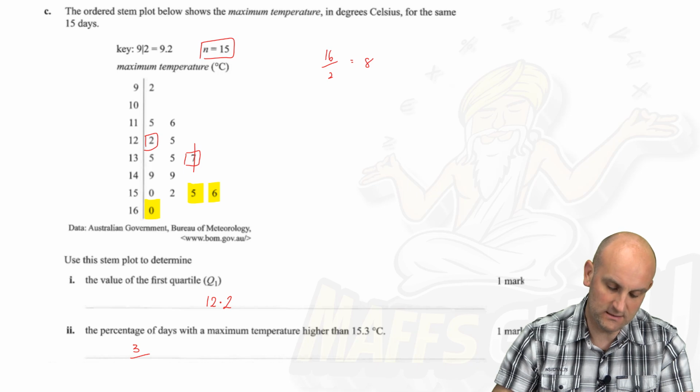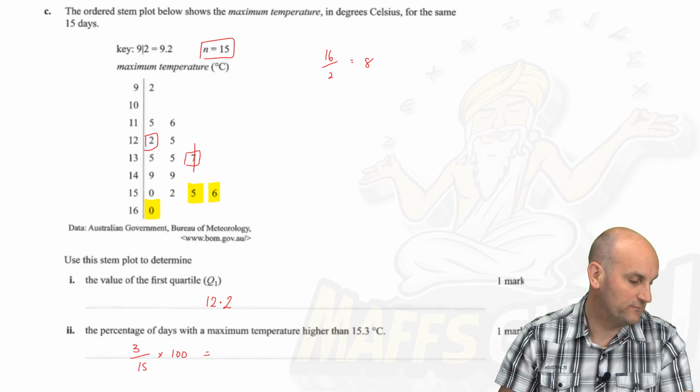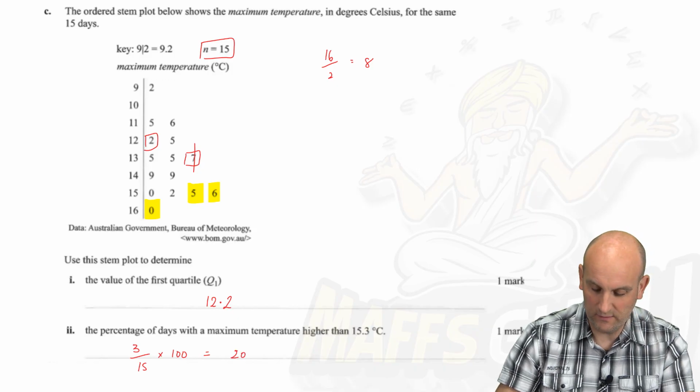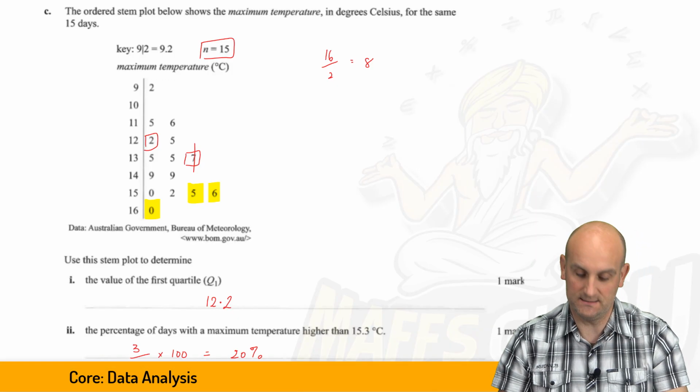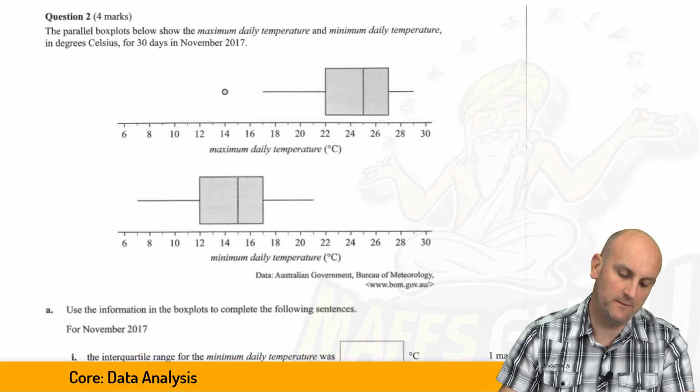Out of how many days in total? There were 15. And when I times that by 100 to give me a percentage, it gives me the wonderful value of 20%. Question number 2, parallel box plots below show the maximum daily temperature and minimum daily temperature